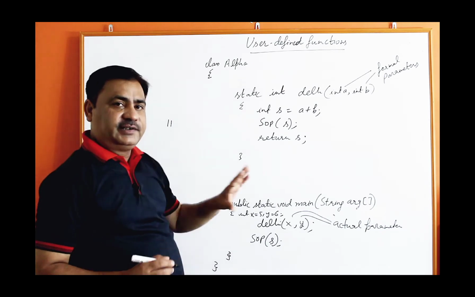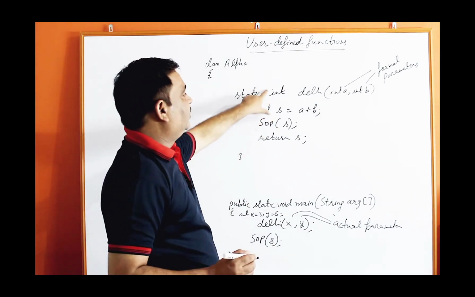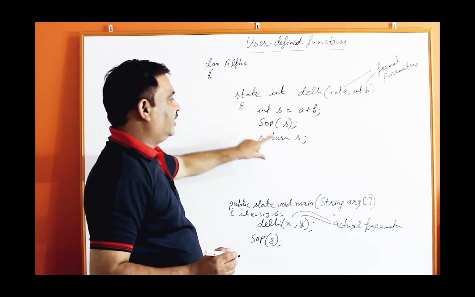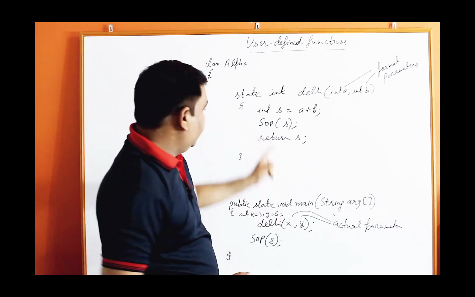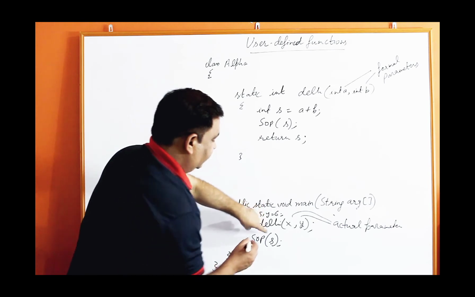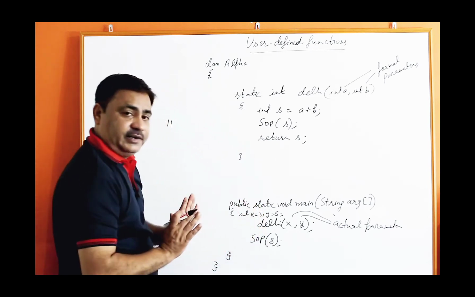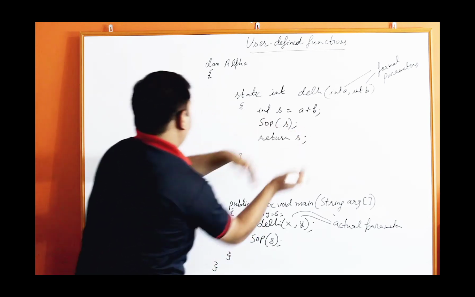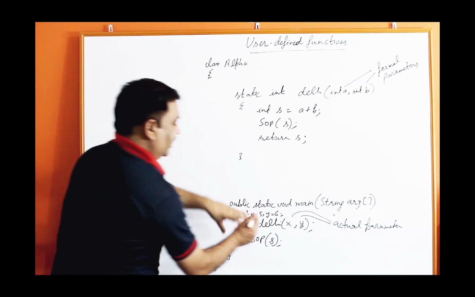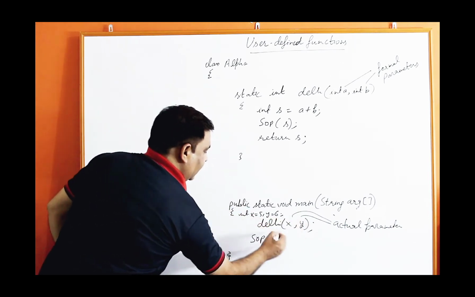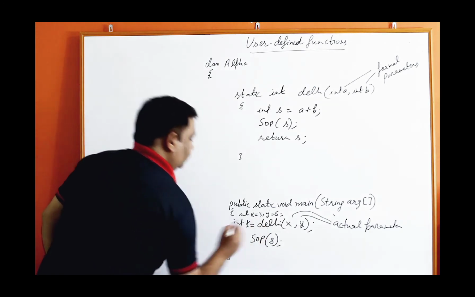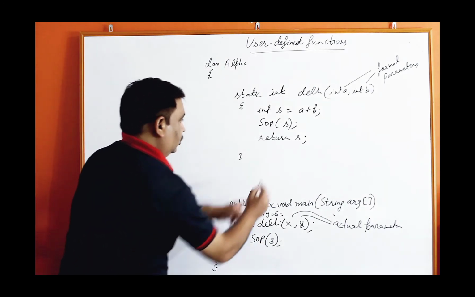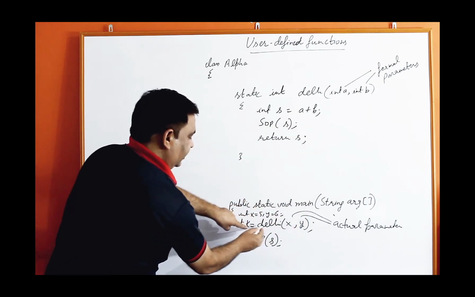A void function never returns a value. If you mention the return data type, then the function can return a single value. Only one value can be returned by a function. And this value will be returned back here. Here means you cannot use s here, only the value of s will be returned. The value of s is 11 right now. So this complete part will be 11, and you can store it in a new variable like int k equal to Delhi. So the value of s will be returned and stored in k.